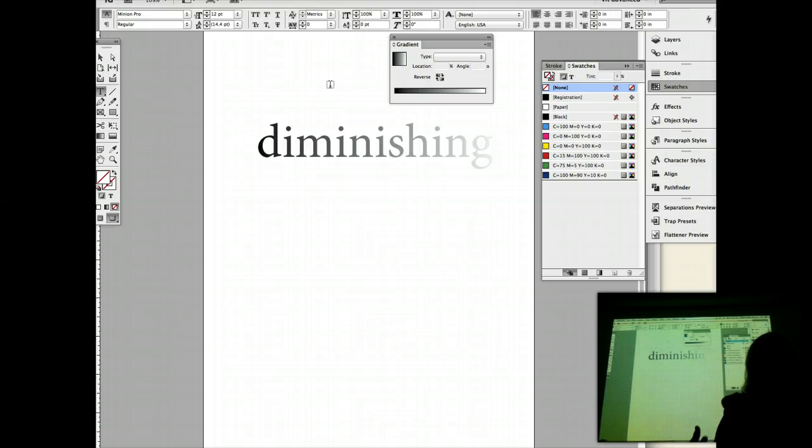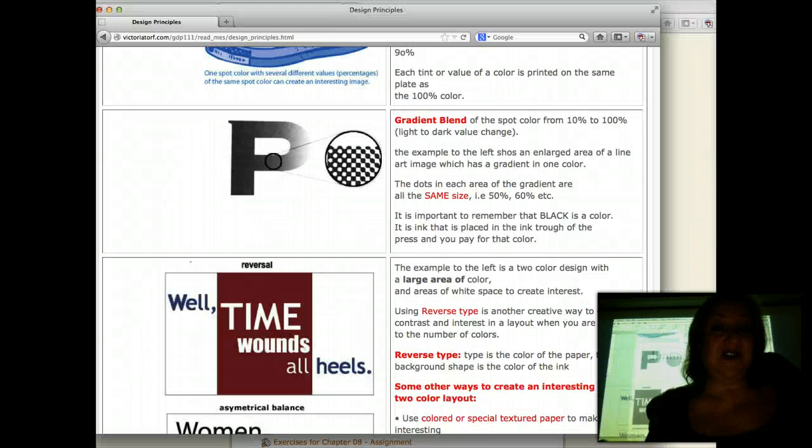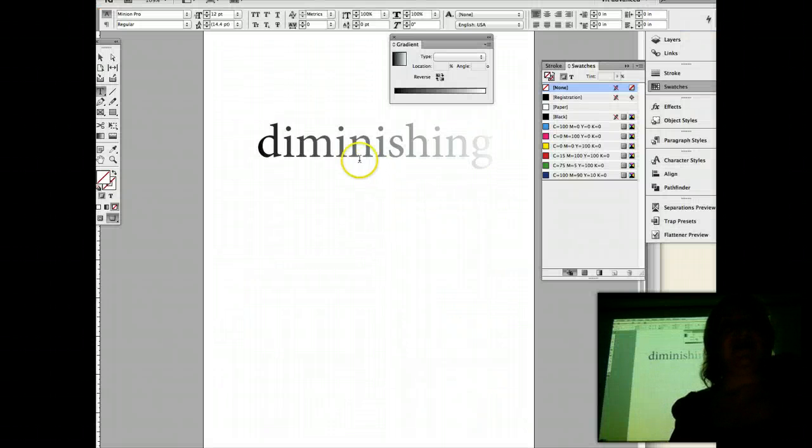So consider you have these beautiful tools all through Adobe software, InDesign, Photoshop, Illustrator, and something like the gradient tool. And consider how you can use these tools to elevate and enhance the meaning of what your message is. So what this is demonstrating to you is the use of a gradient blend. And gradient blends, for example, like the one we have in the word diminishing in InDesign, this is just black ink. This is black ink, and what makes it diminish down to gray and then almost white and then to nothing